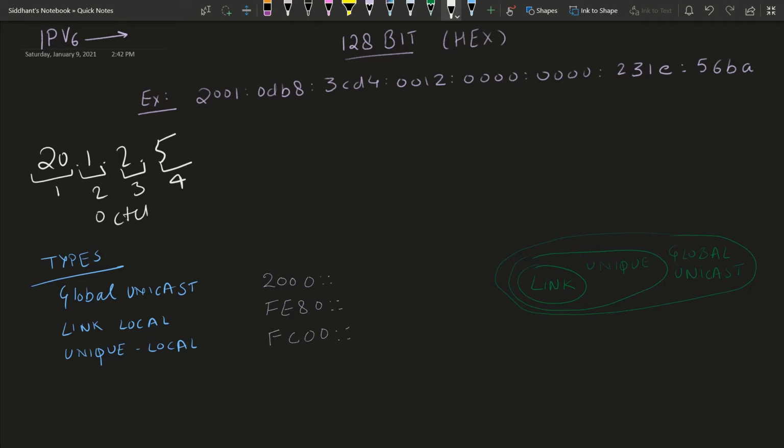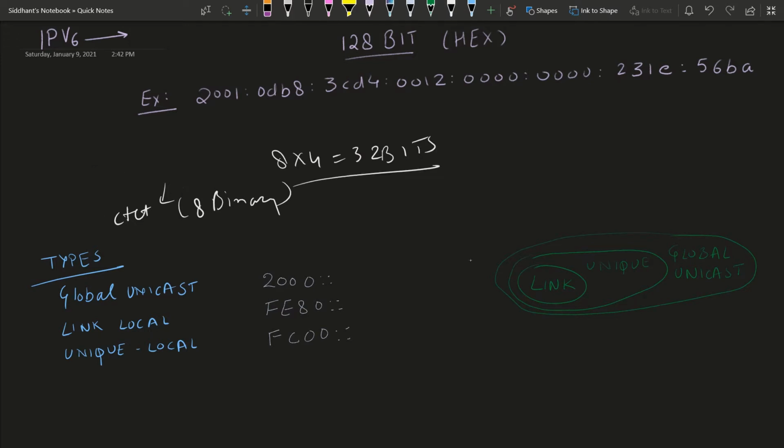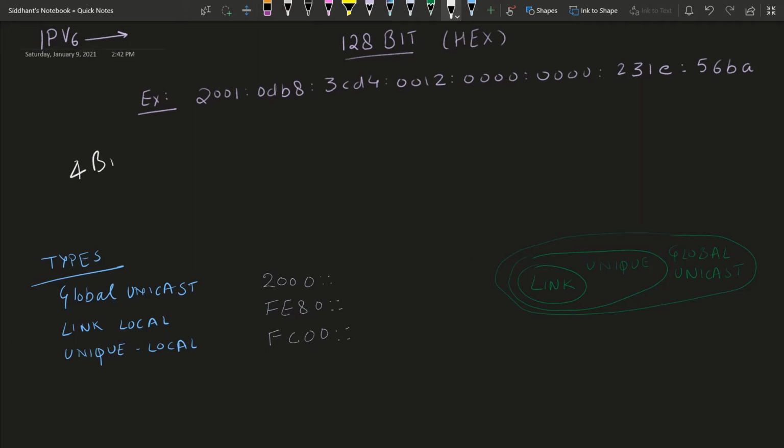These are called octets because they have 8 binary numbers, and 8 times 4 was 32 binary bits in an IPv4 address. In IPv4 we also saw that we can have almost 4 billion IPv4 addresses, which is 2 raised to power 32.